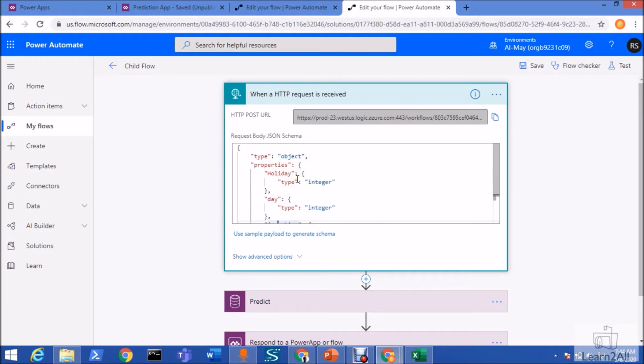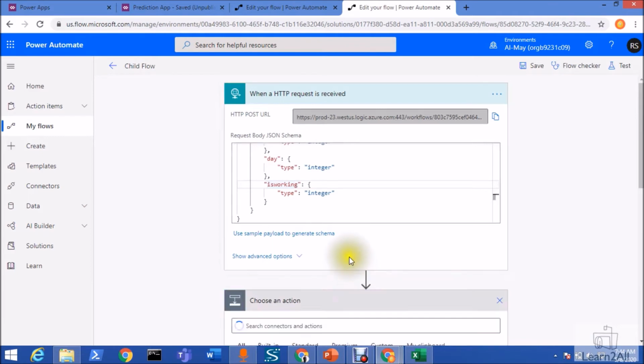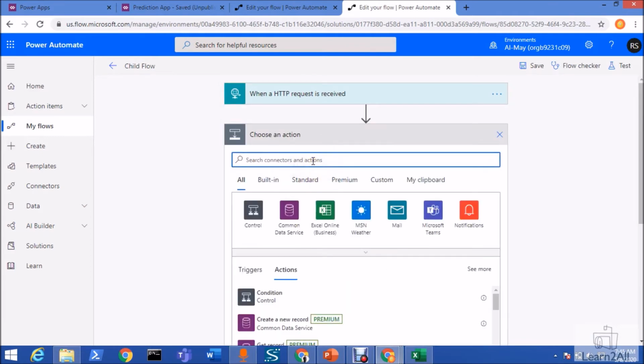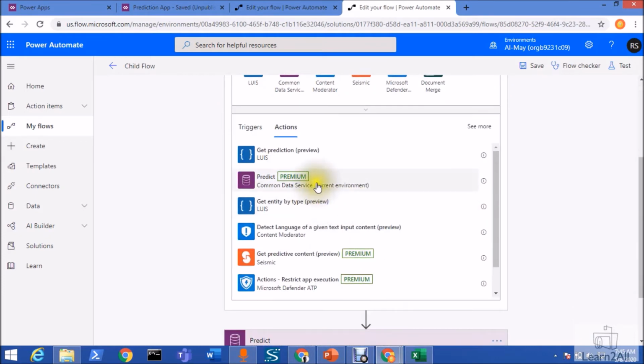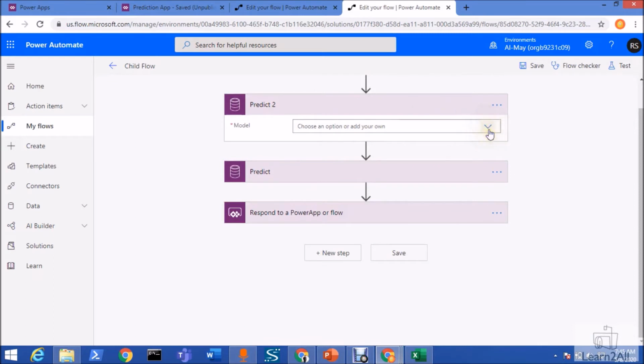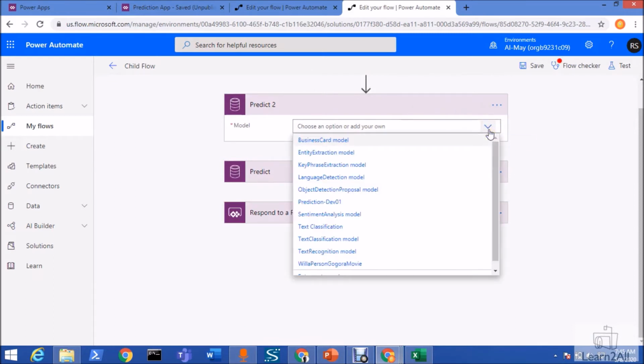Is this clear for you now? Now you need to add one action from here. You need to search for the predict action. Once you select the predict action, you can see it. Now from here you need to select your model.